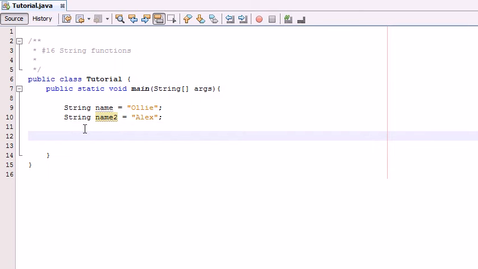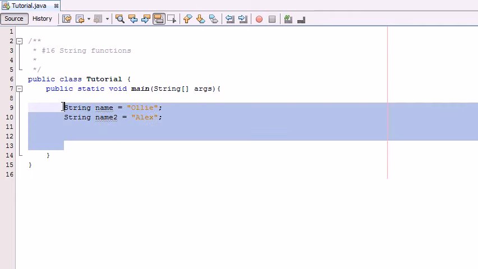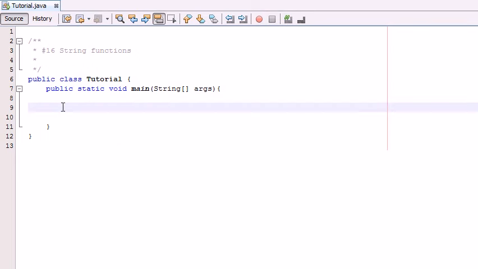So I'm now going to show you the split function, and the split function basically separates a sentence, or not a sentence, sorry, just a string. It could be a sentence. It separates it via something called a regex, and the regex is basically the characters around which you wish to split it. So if we have a string called sentence and it's equal to the quick brown fox jumped over the lazy dog,